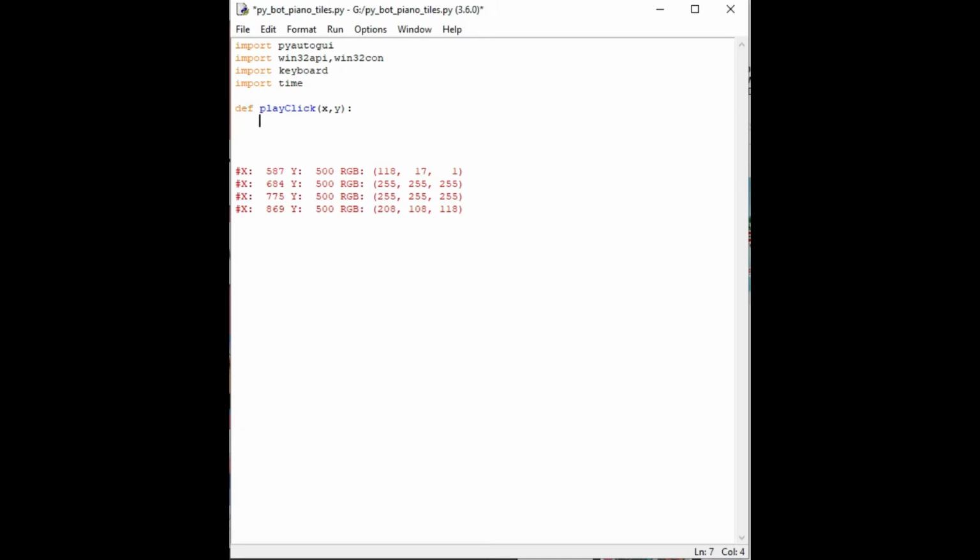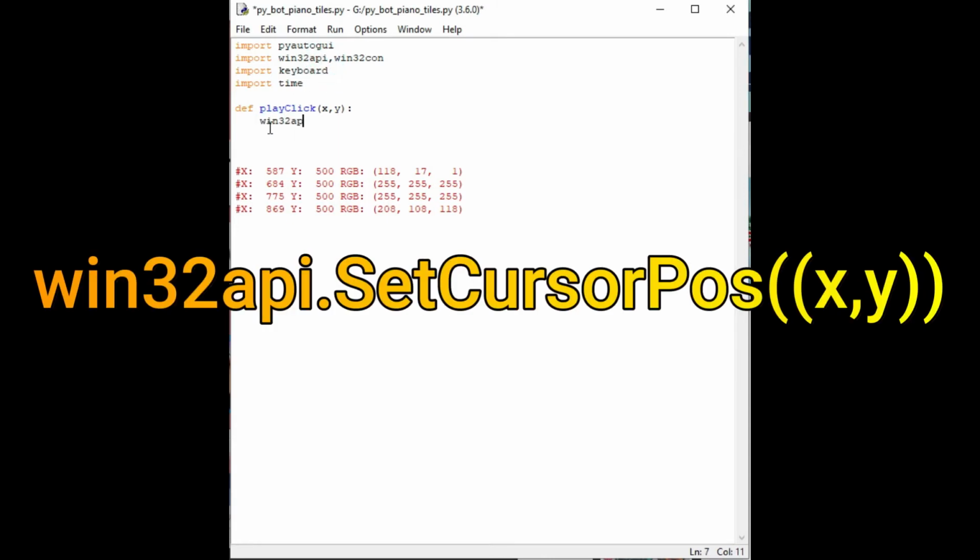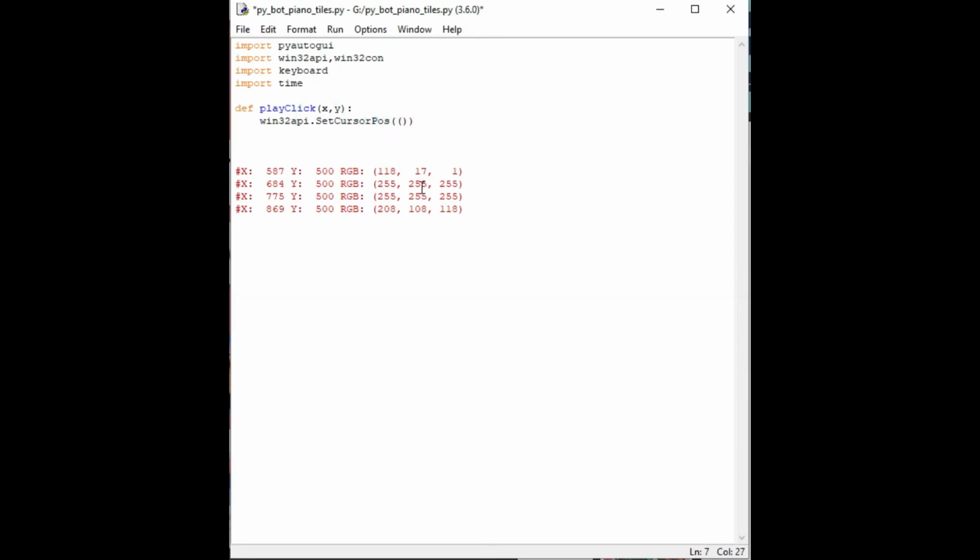We are not going to check whether the black tile is coming or not; we will do that in another condition after this function. For that we are going to use the Win32 API to move the mouse: win32api.SetCursorPos. Make sure the letters are capital in this. So let's move the cursor to x, y.